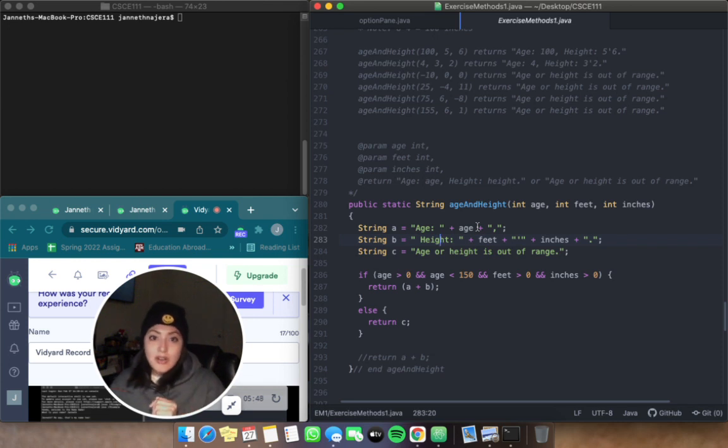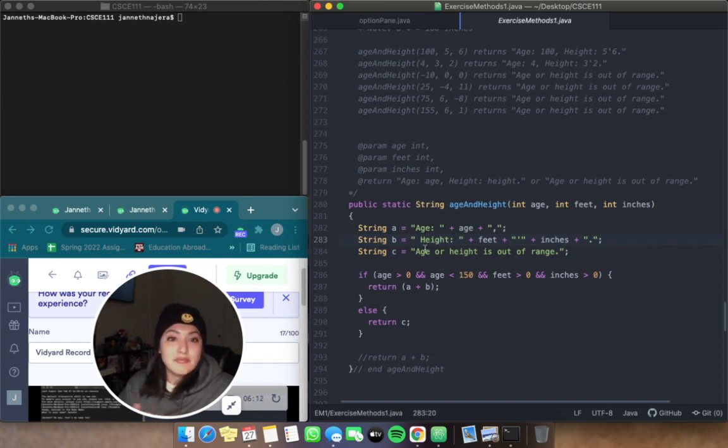I want you to put a little comma, and I want you to print height, semicolon, and then I want you to put the feet and the inches, and I want you to put a little string on top, or a little one of these. Okay. But if the specific conditions are not met, I just want you to return C,